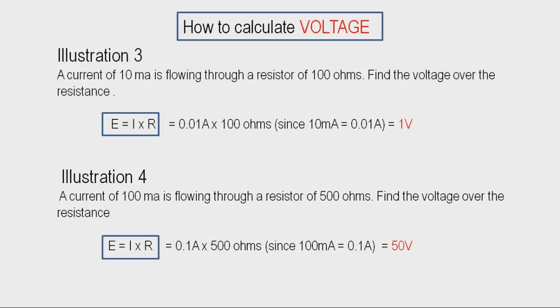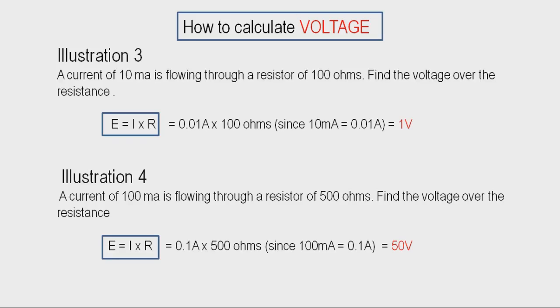Now, how to calculate voltage from Ohm's Law? Illustration 3 states a current of 10 milliamperes is flowing through a resistor of 100 ohms. Find the voltage over the resistance. Ohm's Law states E is equal to I into R, the product of current and resistance. Current is 0.01 ampere, that is 10 milliamps, multiplied by 100 ohms, that gives us